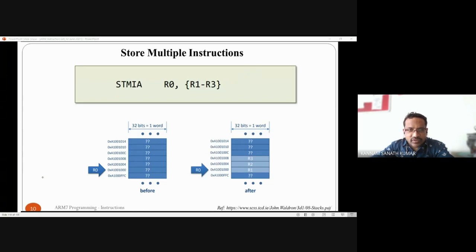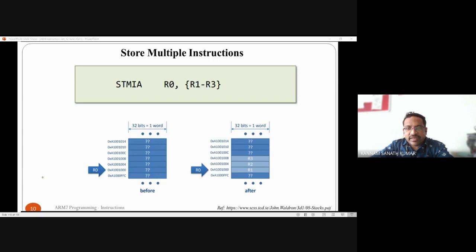As I told you, in decrement the memory starts from the higher address and gradually decreases. Here the memory starts from 1010 and gradually decreases, and in these decreasing locations you store the higher order register first and the remaining registers next.